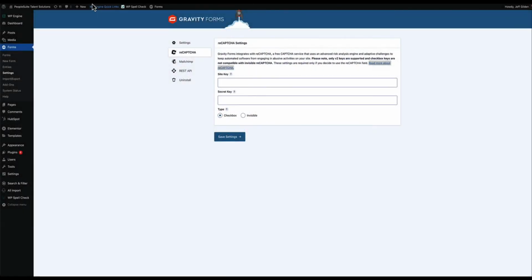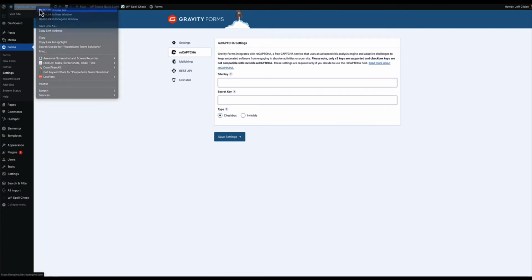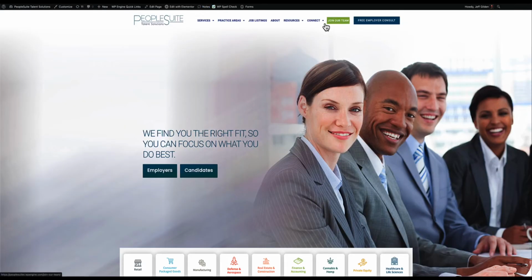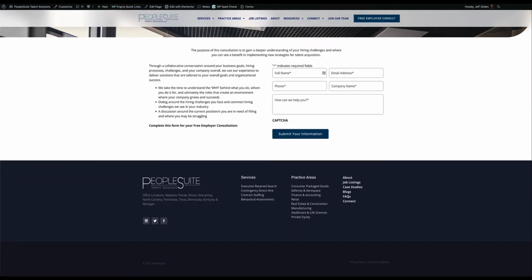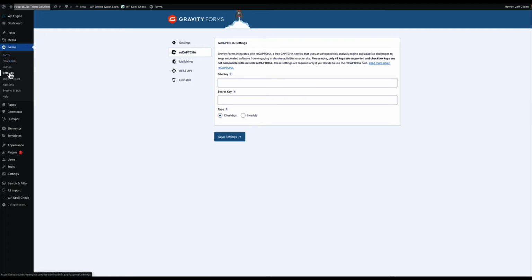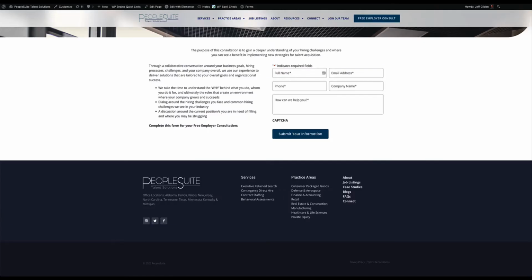Show you how to set up the Recaptcha. So the Recaptcha is not showing on the front end when you go to connect clients, and it's like, boo, not working. So what you do is you go to Gravity Forms settings. Well, now, actually what you want to do is click with Elementor, go to the form, and make sure that